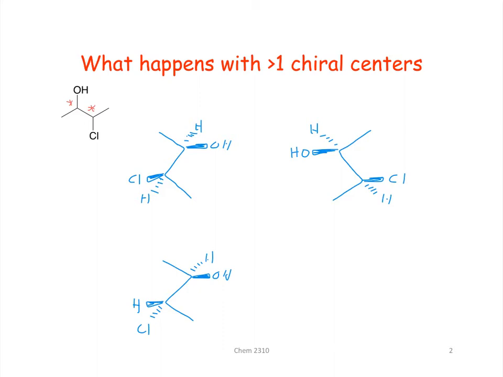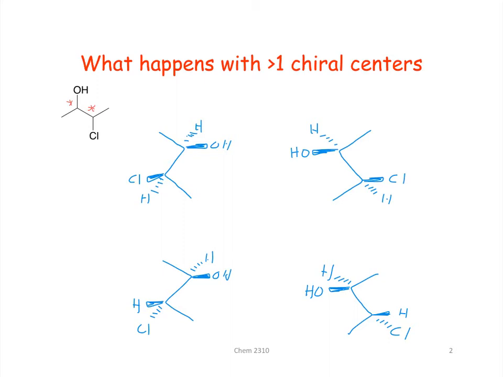And then on the other side, I'm going to draw the mirror image of that. When we draw mirror images, whenever there's a wedge, it'll stay a wedge. If there's a dashed line, it'll stay a dashed line. So these in fact are the 4 possible stereoisomers of